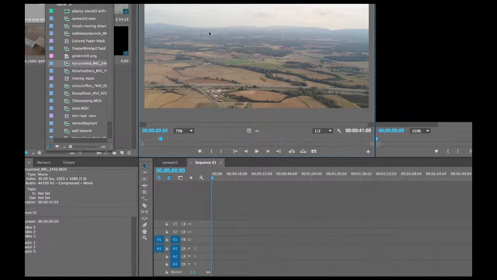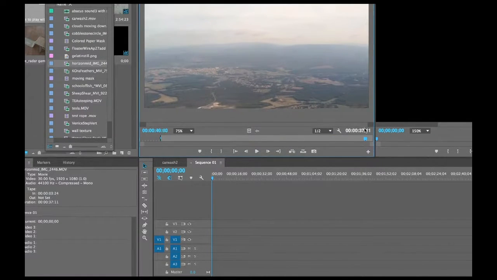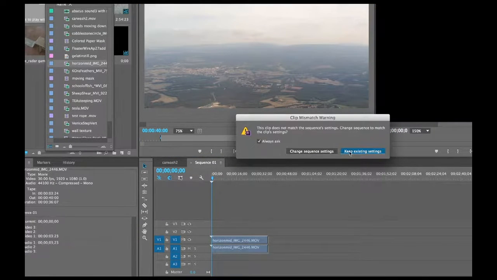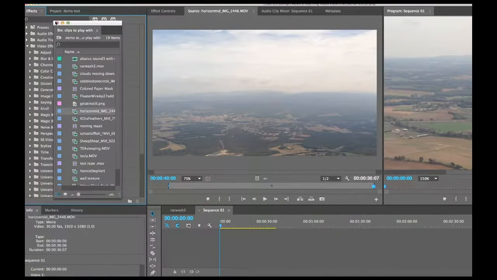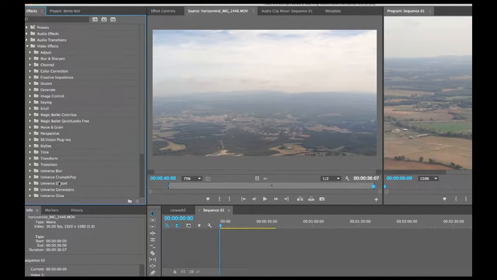So here I am. I would find the area of the clip that is relatively stable and that I want to stabilize further. And I would select my in and my out point and bring it down to the timeline. In this case, I'm going to actually change the sequence settings to match the clip, although I don't always do that, because all I'm doing is processing this clip and spitting it out again and bringing it back in. I don't need the audio, so I'll highlight the video, get rid of the audio,